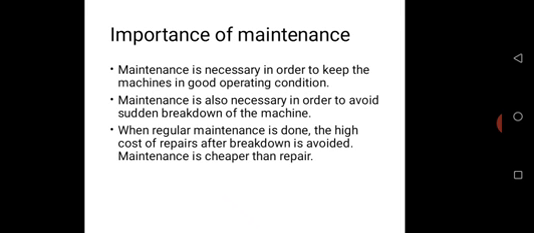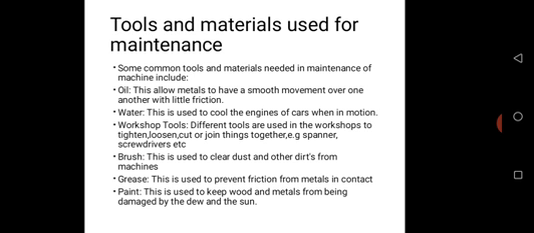Now, what are the tools and materials that are used in carrying out maintenance? So common tools and materials needed in maintenance of machines include oil. Oil allows metals to have smooth movement over one another with little friction. As you all know, most machines are made up of metals, and these metals have contact when they are working, and the contact will generate heat and cause friction. Now, in order to reduce friction on a machine, we use engine oil